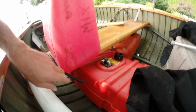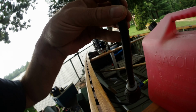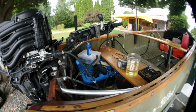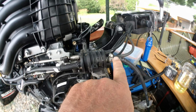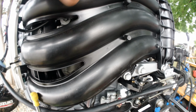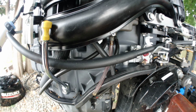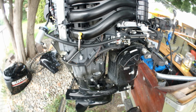Okay, so what I did, I disconnected the line from the tank. I'm gonna put that one in that 5-gallon brand new gas. I have flushed all the fuel from the fuel line. I already emptied the VST tank, flushed that small filter that you can see that it's gonna fill. I think this is a high pressure pump or maybe a low pressure pump, goes inside in the VST. I'm gonna pump a few times and watch the fuel coming out of the VST to make sure that the flow is okay, and after that I'm gonna put them off and try to start it,